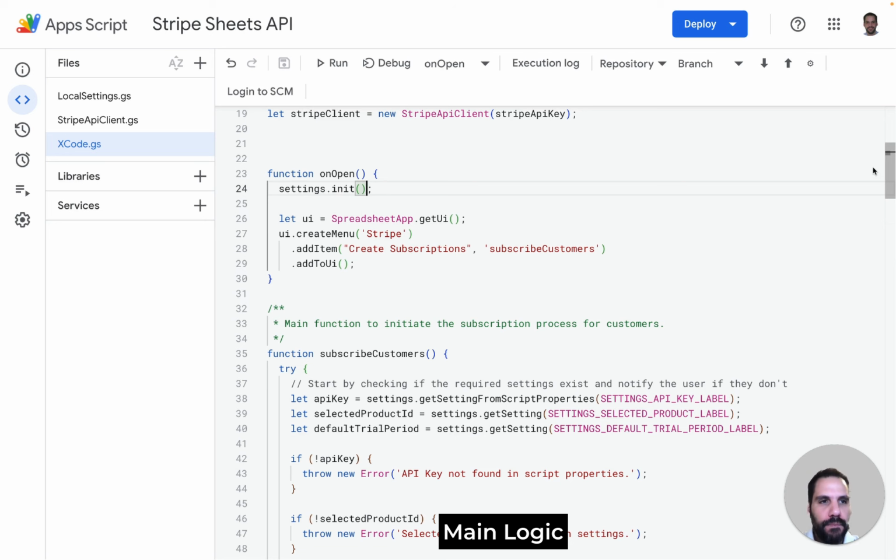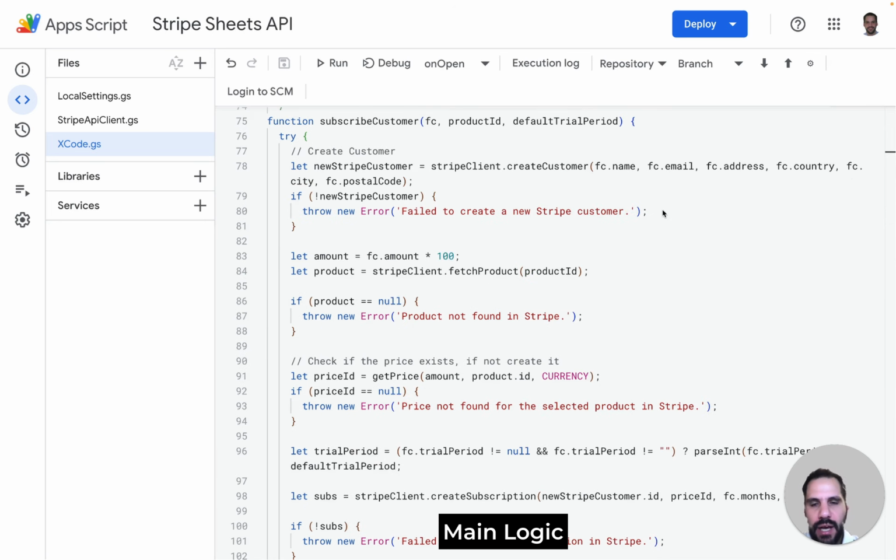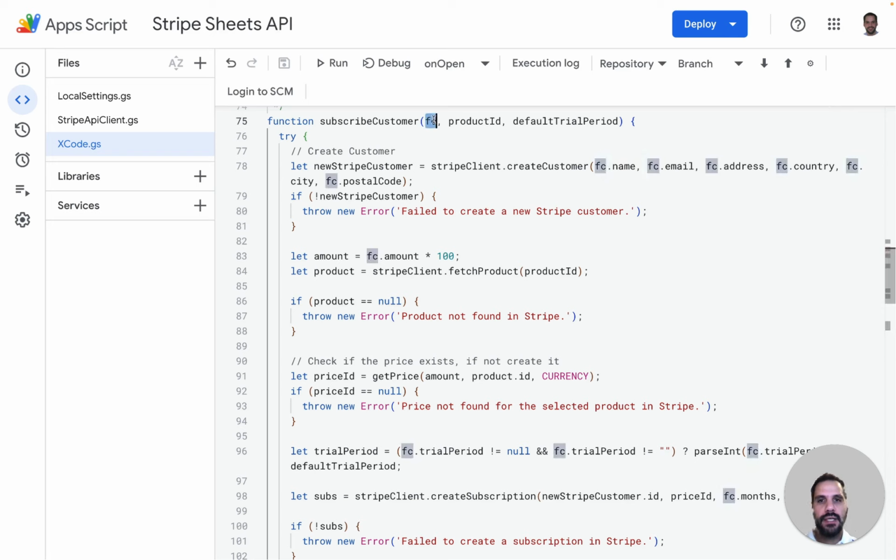So we have three basic methods that we're going to go through in this Xcode file. The first one is the subscribe customer, which, as the method name says, subscribes one specific customer, which is like one row in our Google Sheet. And this takes a customer object as a parameter, a product ID, and a default trial period. So let's go through the flow